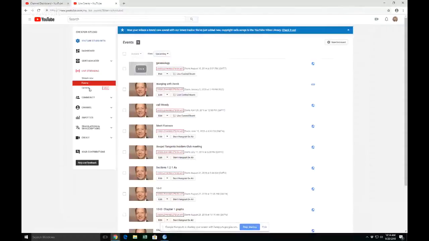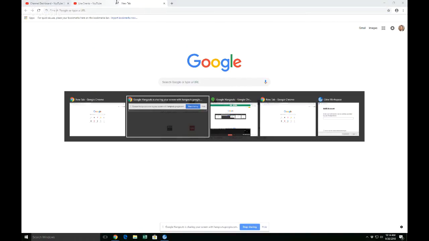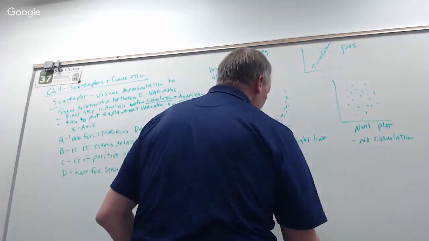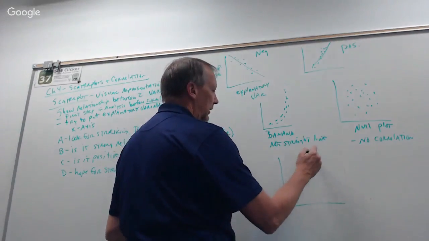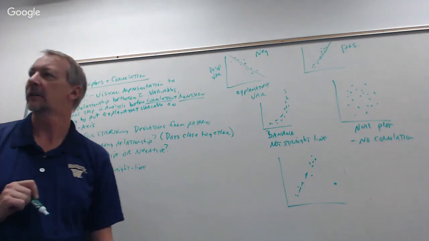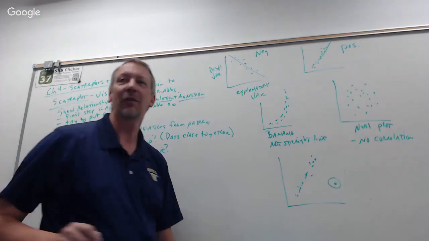What's that word on A? Look for striking deviations from the pattern. Okay, and actually, since you asked that, let me give you a striking deviation as I just, okay? As we come back here, so let's say that you have a pattern that looks like this, but then you have a dot out there, okay? That's probably an outlier,